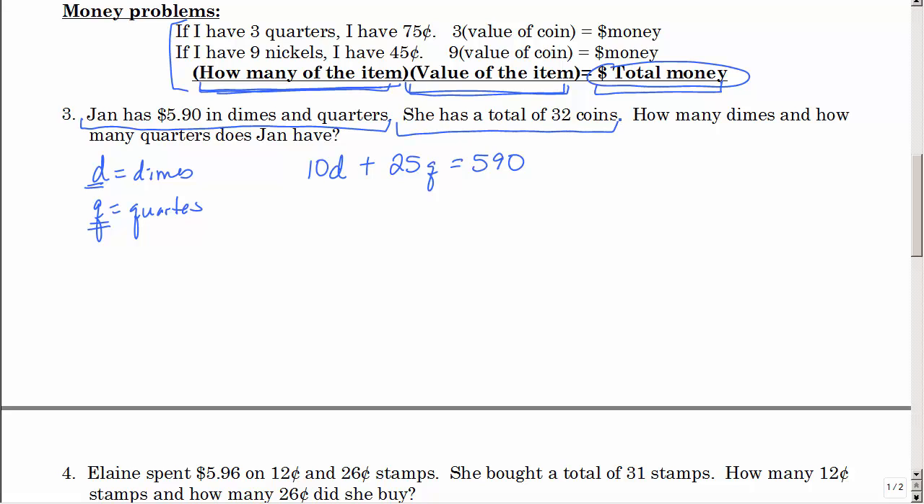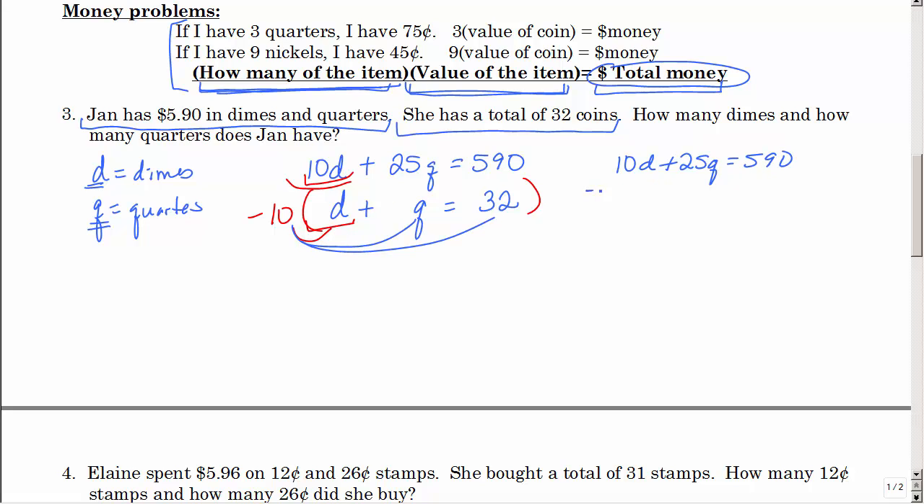Now she has a total of 32 coins. This is where you can say D plus Q is 32. That's the number of coins. Be careful here. I can either use the substitution method or the elimination method. I think I'm going to use the elimination method, and I'm going to multiply this one times negative 10, so I can have negative 10D and a positive 10D. So I'm going to copy the first one just like it is, and then I'm going to multiply everything by negative 10,